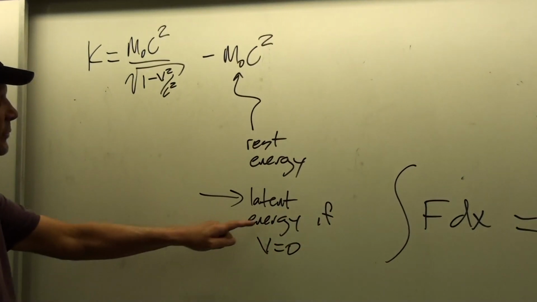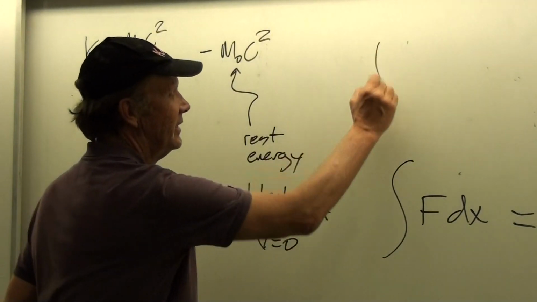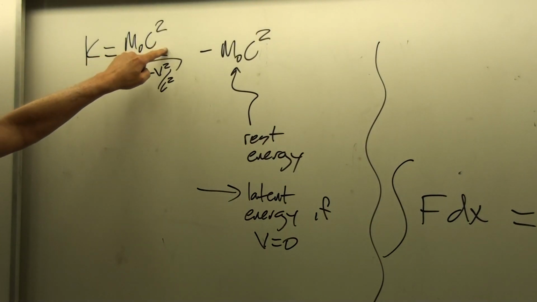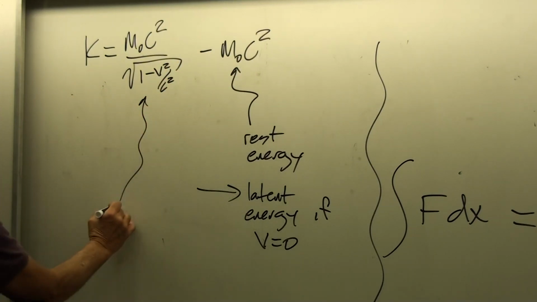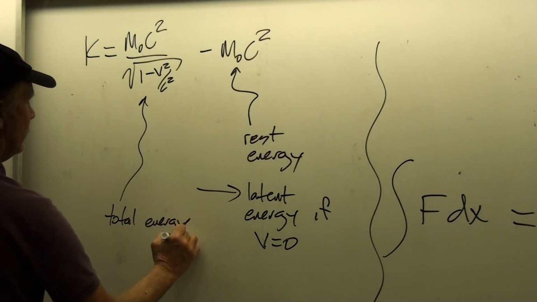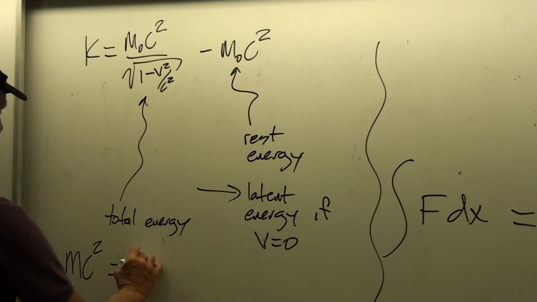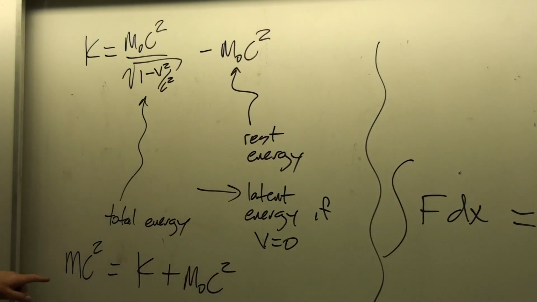So you could think of this as being its latent or, in a sense, potential energy, if you want. Not quite potential energy, but it's kind of like that. This is the kinetic energy, which is the difference between this term and that term. So he said, well, this must be the total energy. So the total energy then is going to be mc squared equals k plus m naught c squared, where m